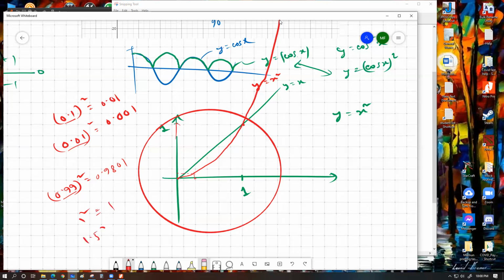1.5 এর স্কয়ার ভ্যালু কত? 2.25। 2 স্কয়ার ভ্যালু কত? 4। তার মানে beyond 1 তুমি যখন স্কয়ার করবা, your y values are gonna become bigger than the x value itself, but before 1 তুমি যখন স্কয়ার করতেছো, your y value would be smaller than the x value. এই রিজনটা বোঝা যাচ্ছে কিনা? Yes, sir. এই জন্য আমাদের এখানে এরকম স্মুথ একটা কার্ভ হয়। This curve is equally applicable for sin square curves